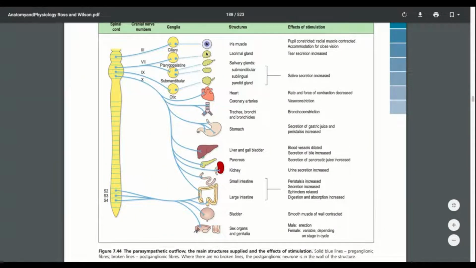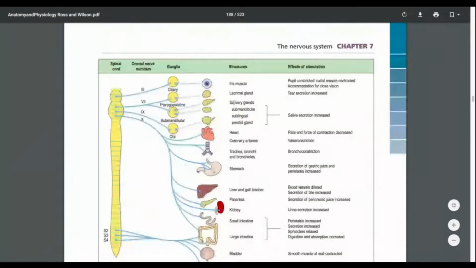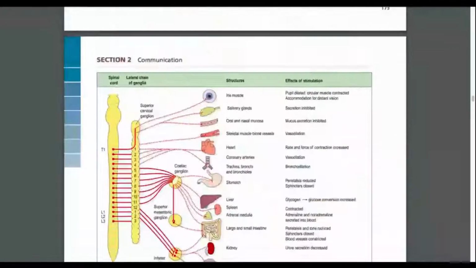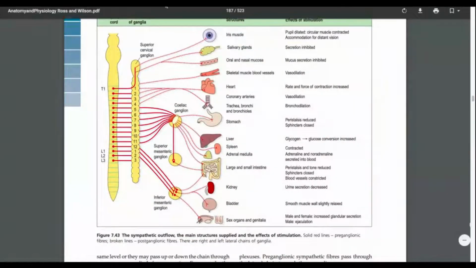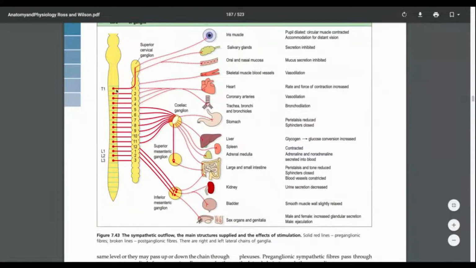salivary glands, the lacrimal glands in the eye, salivary glands, submandibular, parotid, and sublingual, then the heart, trachea, bronchus, stomach, liver, pancreas, small intestine, large intestine, bladder, and the reproductive glands. Same organs are also innervated by these sympathetic nerves. Okay, so what you see here is this